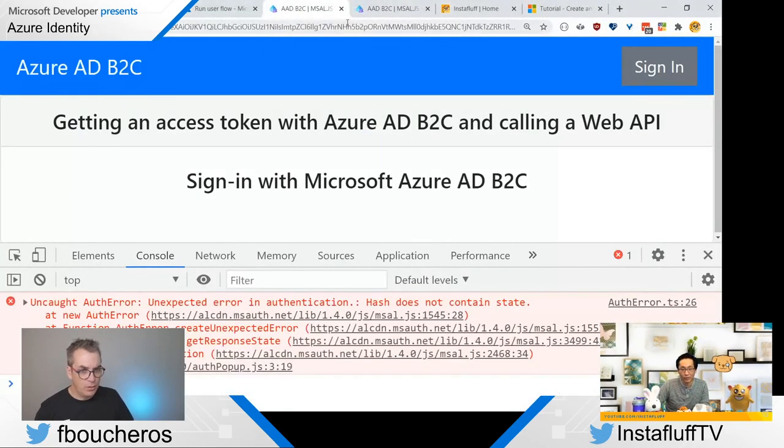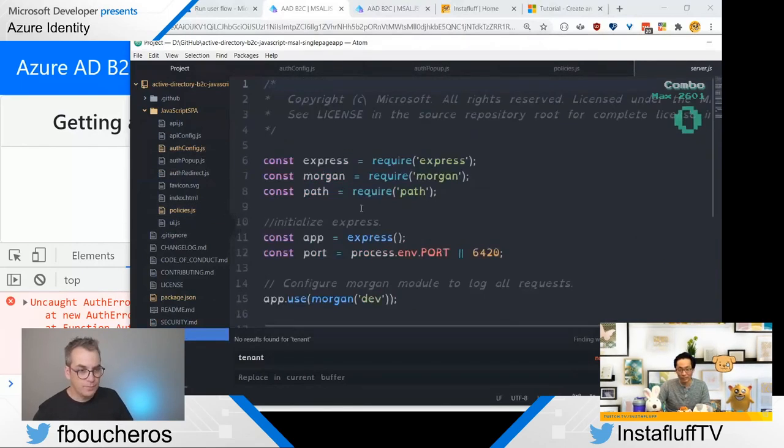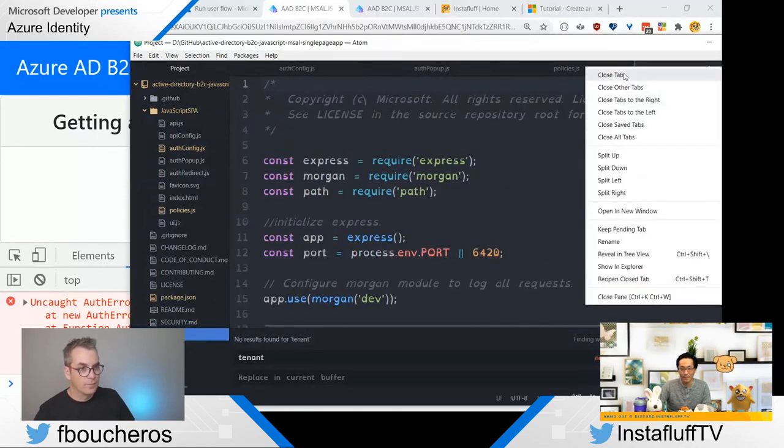Don't you need to rebuild or something? No. Did I reveal something? Oh, it's pure. It's not in Node. It's just JavaScript. Oh, yep. It's just JavaScript. This is actually just a single page app. Yeah, there's no Node thing or anything. The Node part just serves the page. Pretty cool. Oh, close tab.